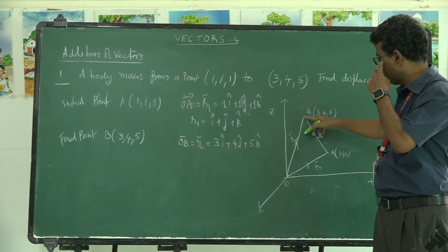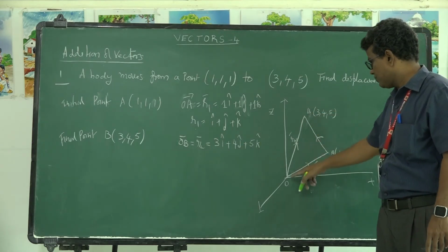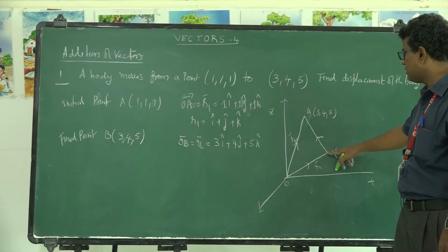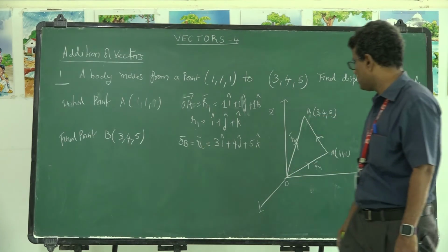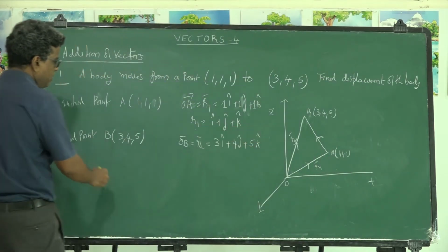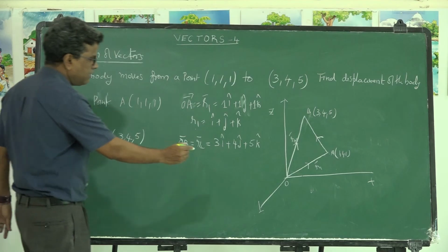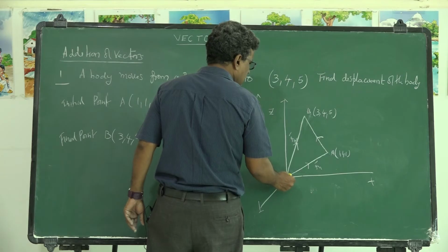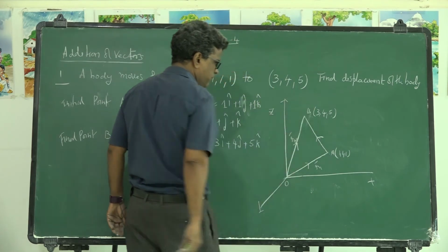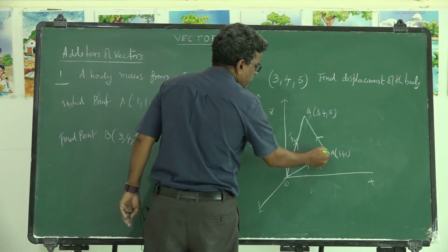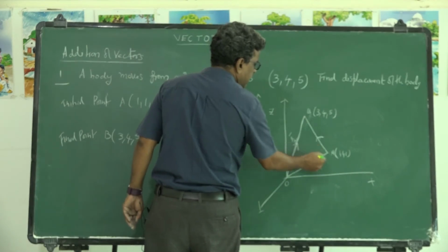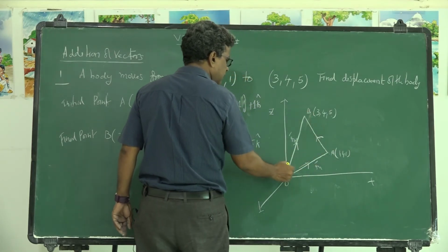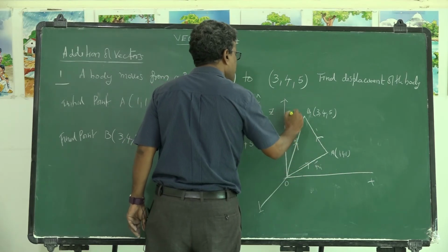So how can we write it? These 3 vectors, we can write from the triangle law. Let it be a first vector, second vector and third vector. From the geometry of addition of vectors, these are the 3 vectors, OA, AB and OB. Draw the first vector, taken in order, OA and AB. The resultant is reverse to this, it will be in this direction.